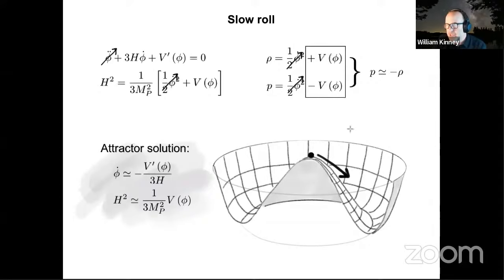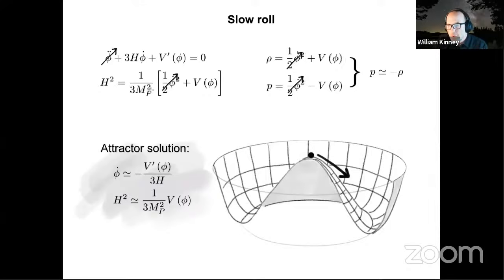So as soon as the kinetic term becomes small relative to the potential, you have an equation of state that approximates a cosmological constant, that P is approximately equal to minus rho. And then that is a necessary condition for inflation, that the field velocity has to be small enough that this pressure is less than or equal to at least minus 1/3 rho, okay? So that is a hard condition on whether or not you're inflating at all.